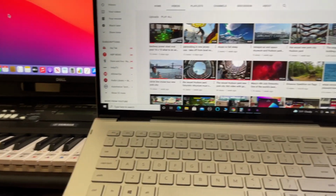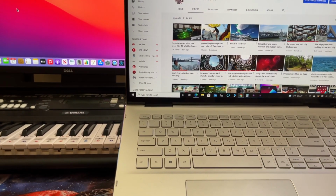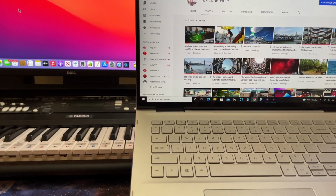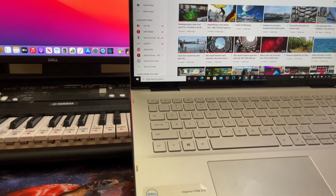But if you do have space, let's say if you're using it on the table or something on a flat surface, it's not gonna give any issue. It never did on me, but still I use it on my lap or my bed most of the time,